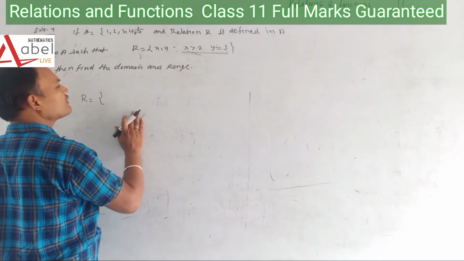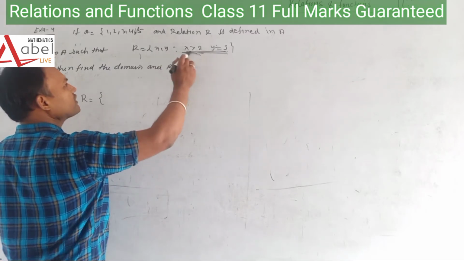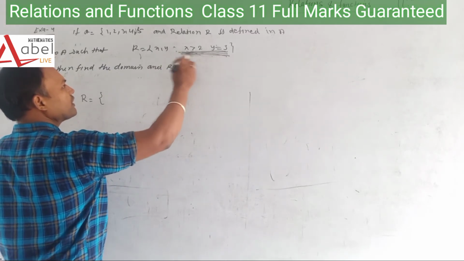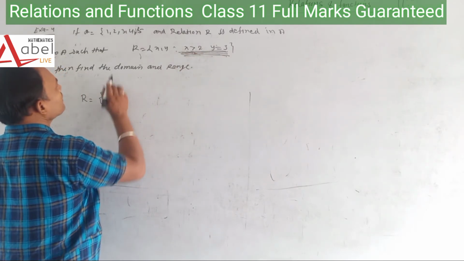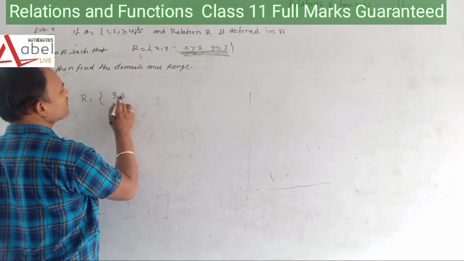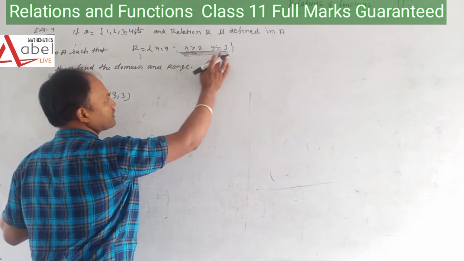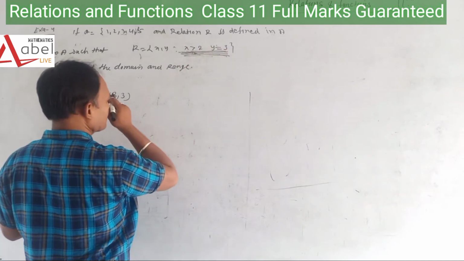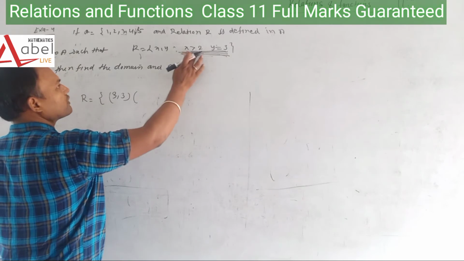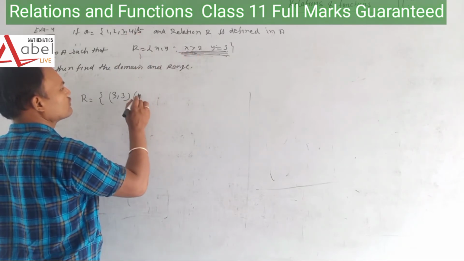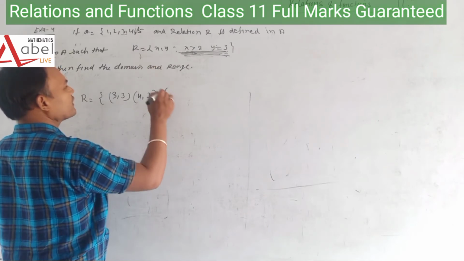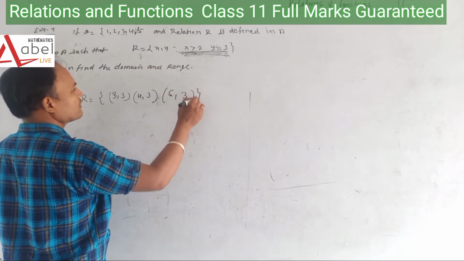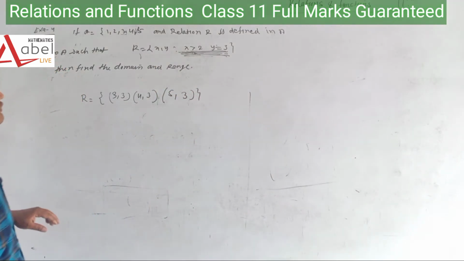So understand, it is very clear that x is always greater than 2 and y is 3. Suppose x is greater than 2, say 3, then y is 3, because there are no changes in y. For 4, it is 3, because no change in y. For 5, it is 3, because there is no change in R.